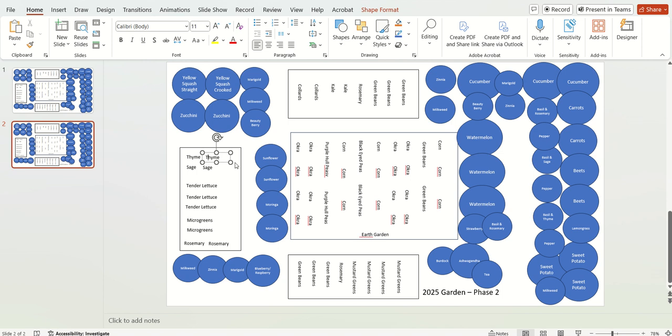So basically, you say, okay, I'm keeping thyme there. It's an herb, it's going to be there for the entire growing season, spring, summer, fall, and well into winter before it's no longer viable. The tender lettuces are going to come out pretty quickly. They're going to grow up and do their thing. So, like I said, you want to keep